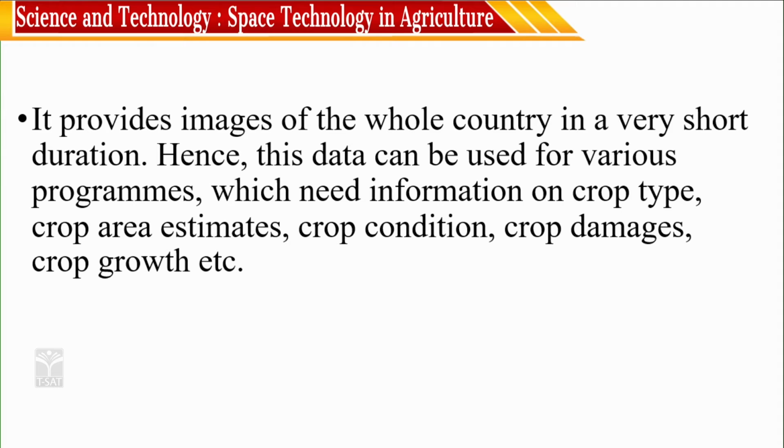Hence, this data can be used for various programs which need information on crop types, crop area estimates, crop condition, crop damages, crop growth. So what are the different types of crops being cultivated in different regions? What are the different types of crops that need to be cultivated? The decision support system given by the agricultural department to the farmers. So what is the extent of cultivation of a crop so that rice, wheat or sugarcane estimates can